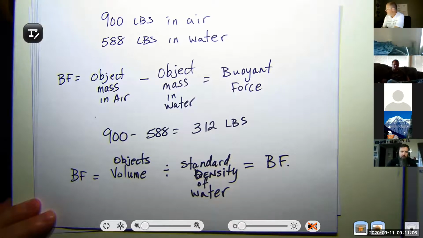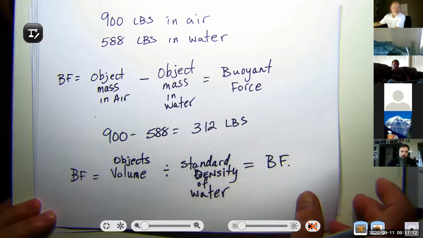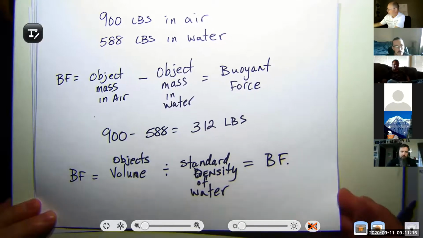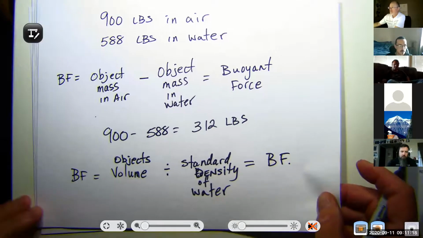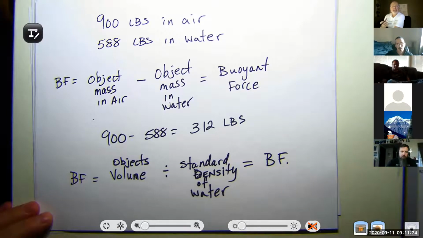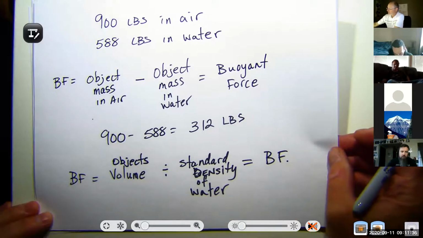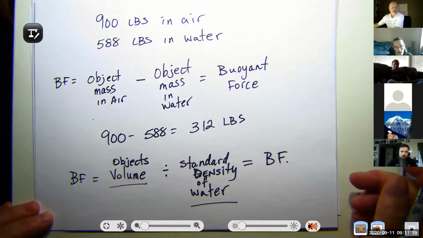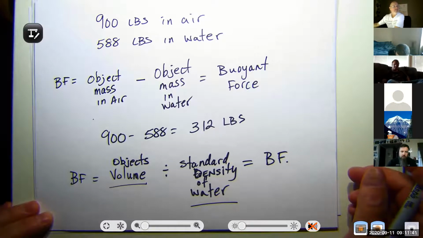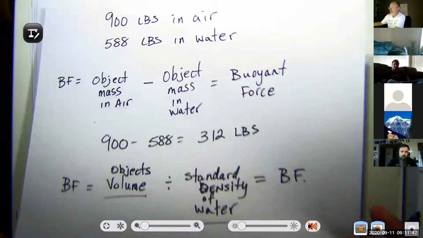Let's do another one. Does everybody have that down before I move on? Just yell at me if I'm going too fast, okay? Please. Give me a shout if I'm going too fast. So 588 is the mass in water, right? That's correct. That's the mass or the weight of the object when it's in the fluid. Yes. And to get that, you just take the volume and times it by the density of the water, right? Yeah, right there. Absolutely. Okay, so now we're going to do another one here.